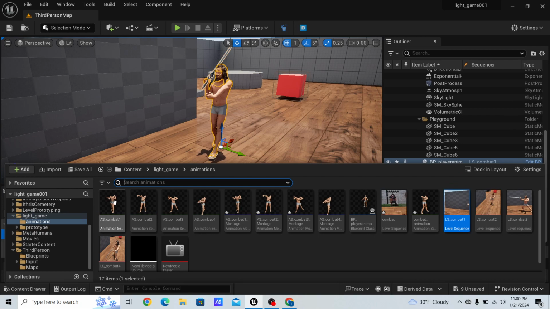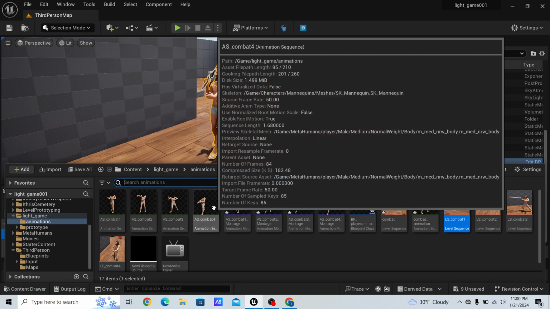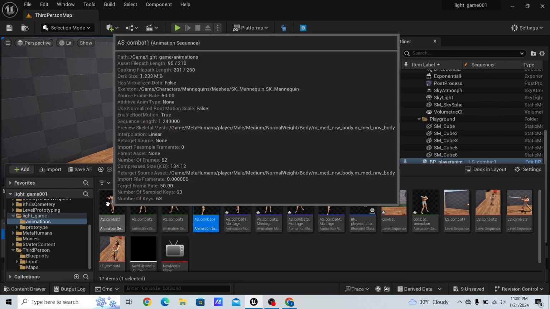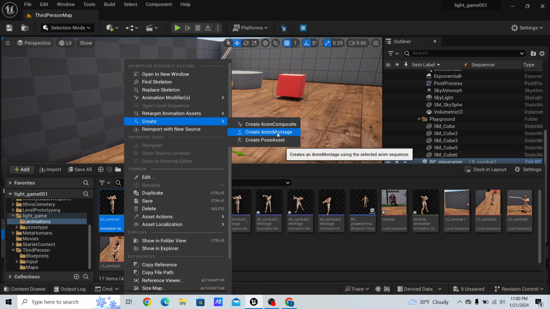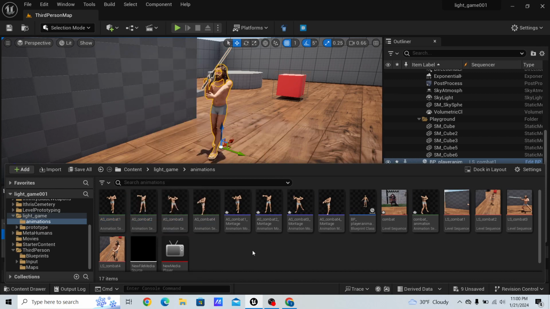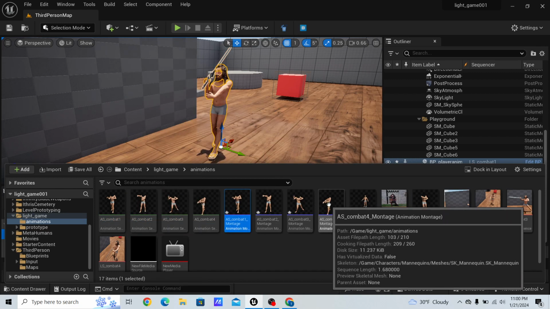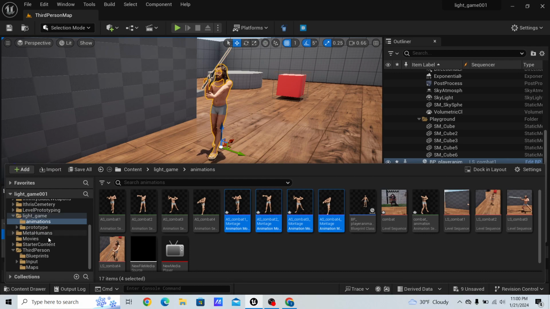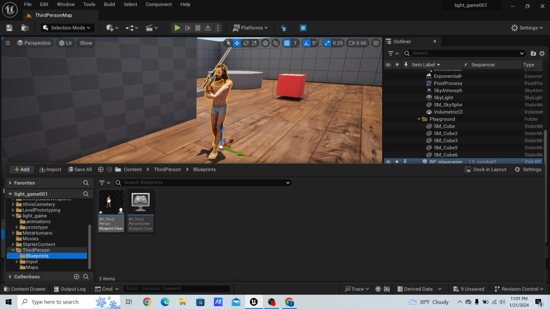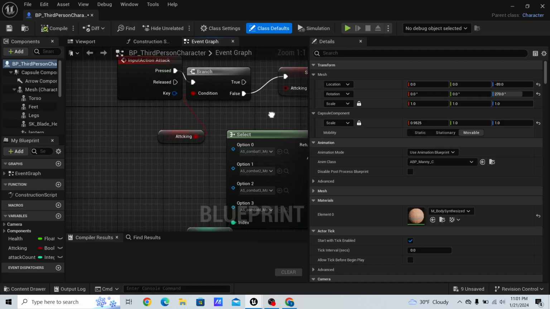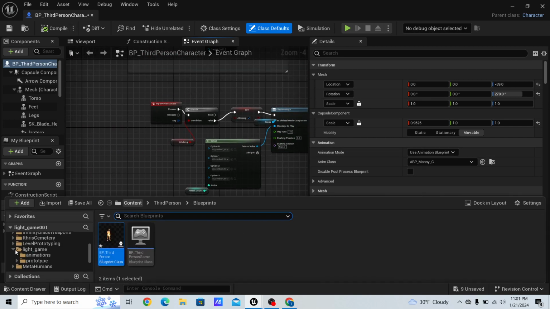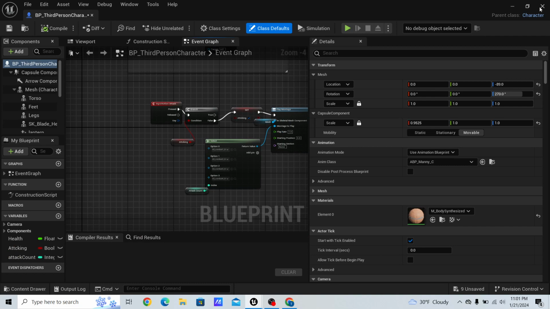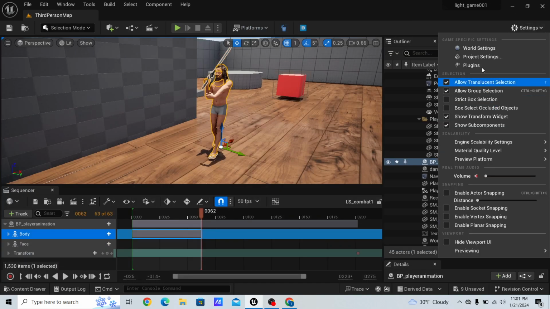So I did that for all four of these, and then I took all four of these and just right clicked on them and hit create anim montage here. Then it created these four files, and then I went into the blueprint and set. Oh, actually, before I did that, I went into the project files themselves, and here